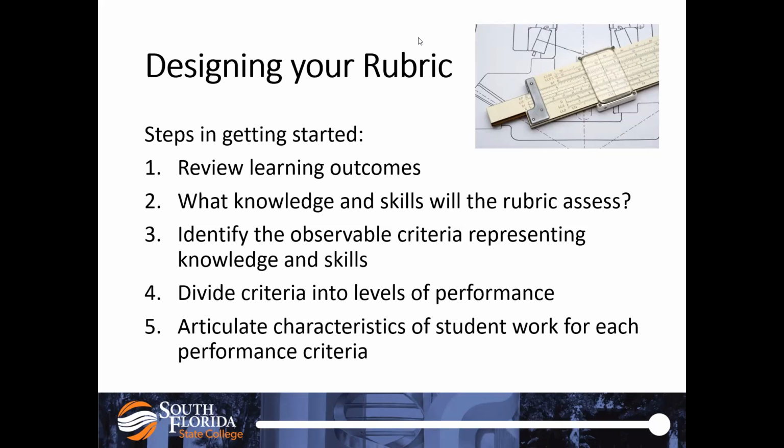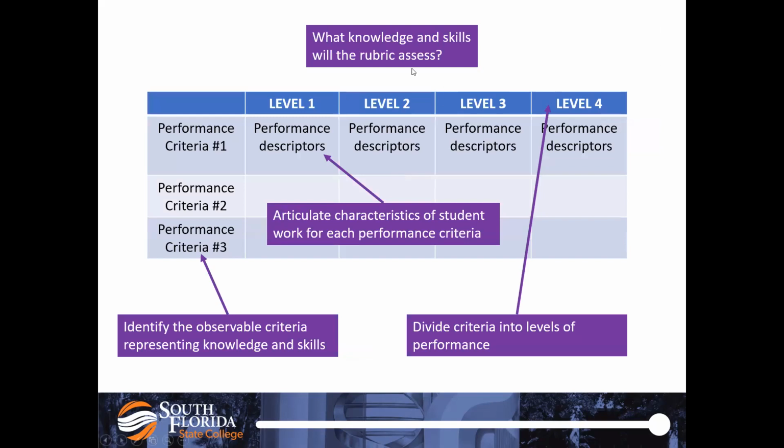You've got to break down that criteria into levels of performance. That's why I say keep it simple. And then you have to describe those characteristics for each performance criteria. So those are the 4 components. Knowledge and skills, review your student learning outcomes, course level outcomes, it could even be program level outcomes. You have your criteria. Again, keep it simple. These should all be related to the knowledge and skills you're trying to assess. So you want these to be in alignment. And the levels,